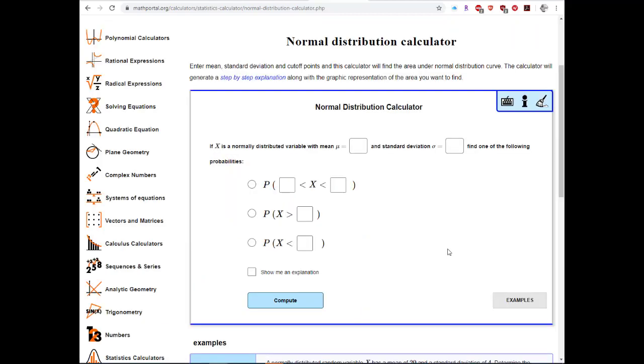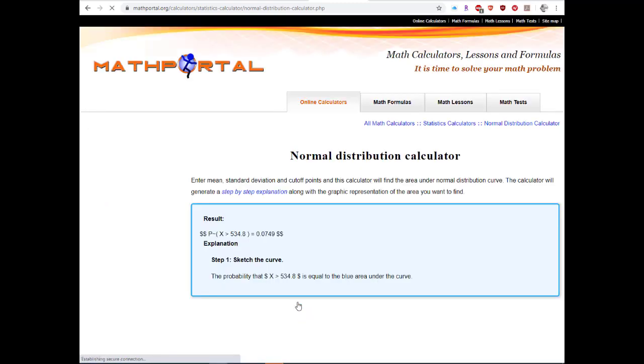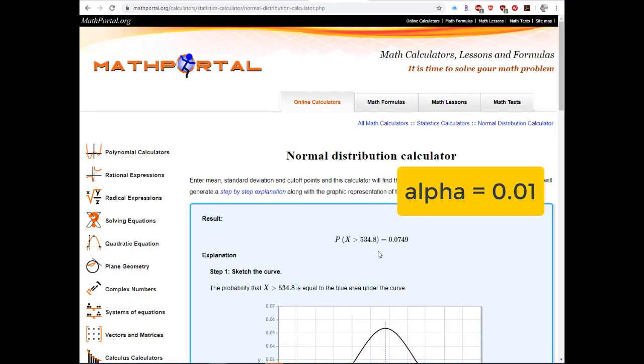So I went over to the normal distribution calculator. Remember, the link is down below. This is a free link. The population mean is 524. For the standard deviation, we're going to be using our standard error, which is 7.5. And we're just looking for the probability of an amount being greater than 534.8. I'm going to hit show me explanation, compute, and I get a p-value of